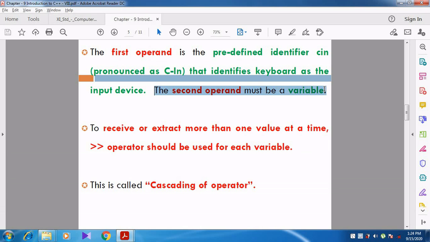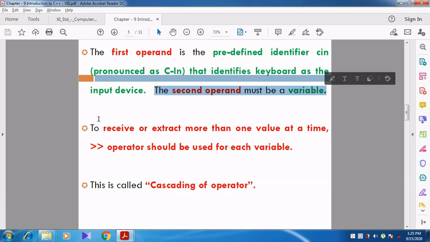What is the second operand? The second operand must be a variable. Can you understand, students?